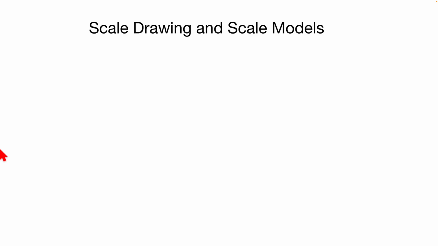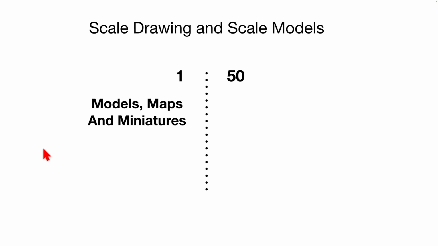Modelling, scale modelling, those sorts of things. What are the key features of this? Well, we're always given a ratio. Scale drawing might be 1 to 50, models might be slightly less, 1 to 5, 1 to 10. And this means that models, maps and miniatures are on this side of the dividing line, and on this side